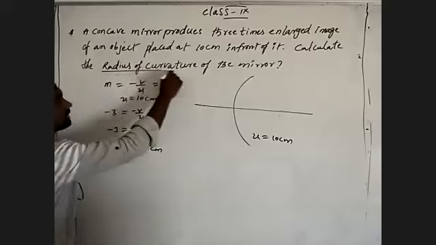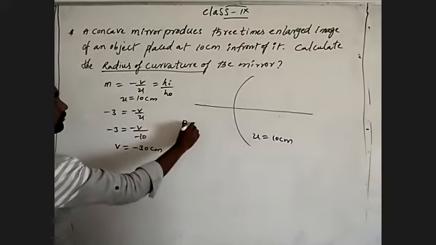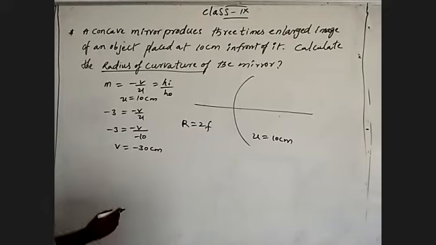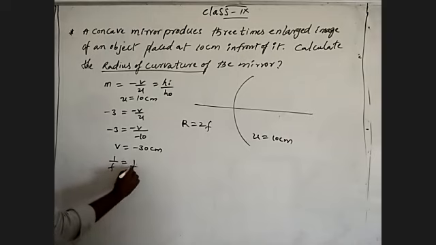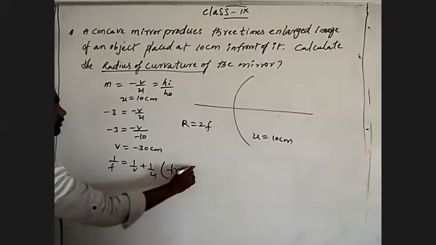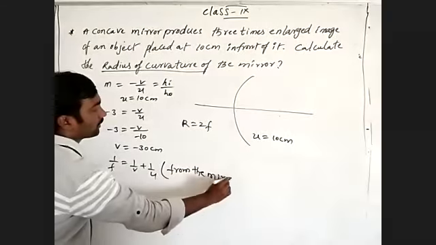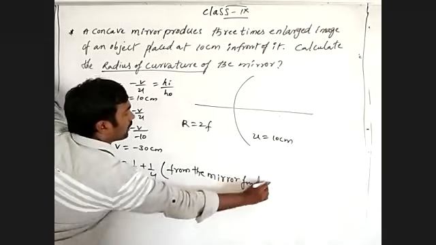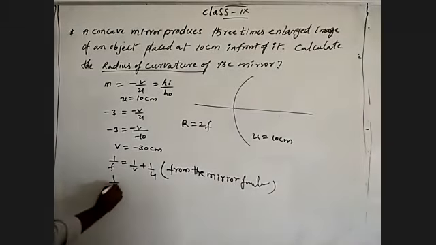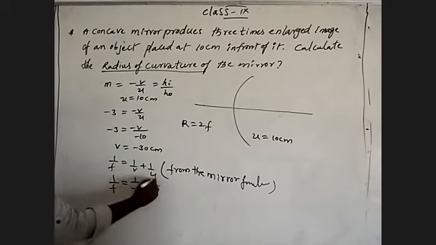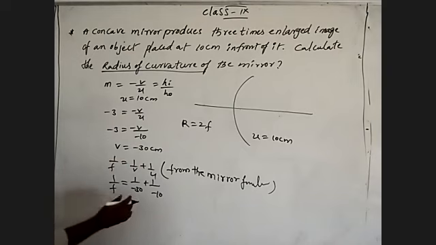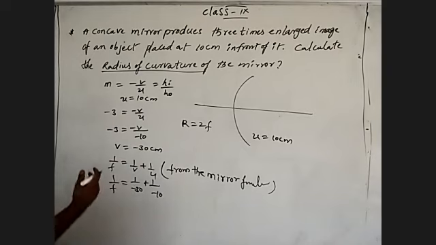So we need to find the radius of curvature. Radius of curvature has a relation with focal length, so if we find the focal length, we can easily find it. So coming to that, 1 by F is equal to 1 by V plus 1 by U, from the mirror formula. So the focal length we have to find. Further we should not apply sign convention again. 1 by F, what is image distance? Already we have it with the sign convention, minus 30, and object distance minus 10, because they are both measured in the opposite direction of the incident light ray direction.